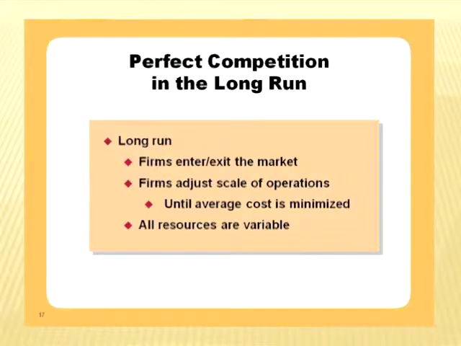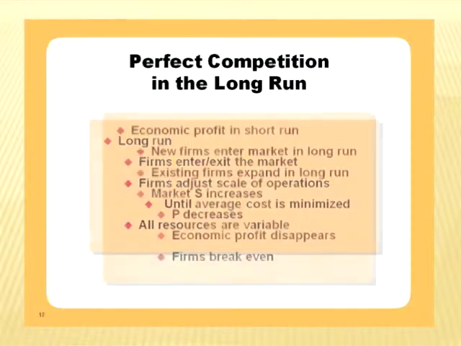In the long run, one of the characteristics we talked about was the ability of other firms to either enter or exit from the market. So firms in the long run are allowed to adjust their scale of operation. And firms are allowed to add to or remove themselves from the market. So in the long run, we have no fixed cost. All the resources are variable. We can ratchet up production, we can adjust production down, firms can enter, and firms can leave as a result of that.